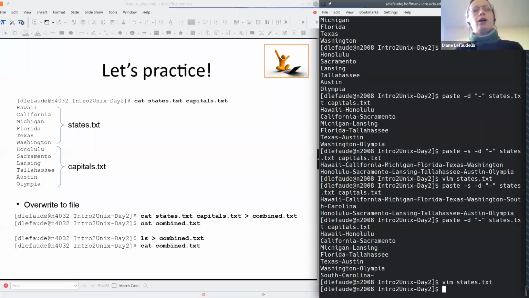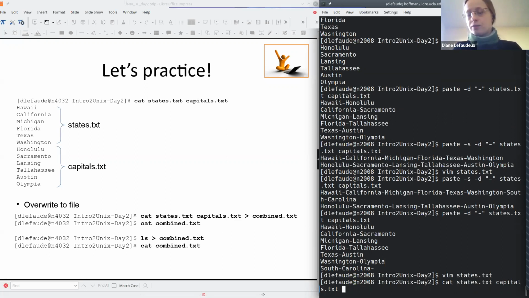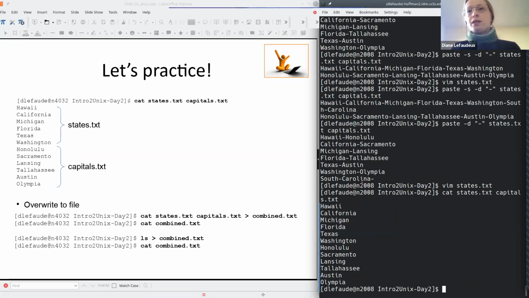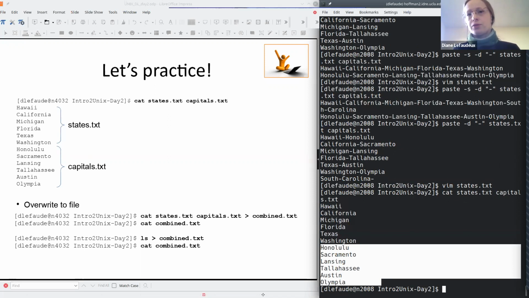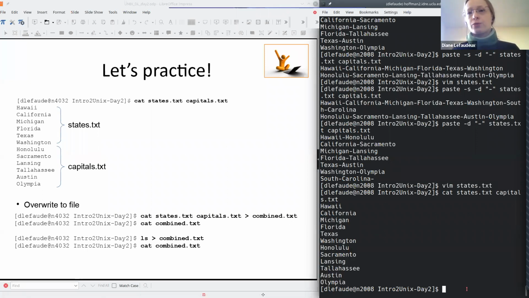That's because you can give multiple inputs to cat, and it's going to basically print them one after the other. So if we do that on our state and capitals, you see it outputs first whatever we had in the state.txt and whatever we have in the capital.txt. It just prints all the lines of the first file, then goes to the second file and prints everything. So this way you can merge